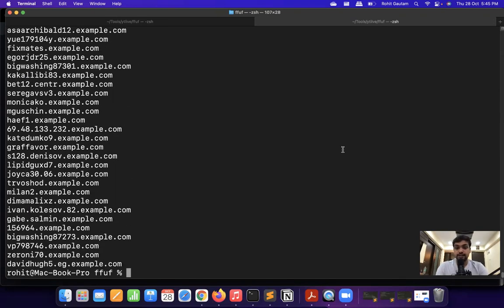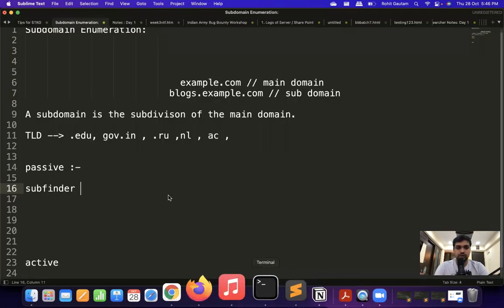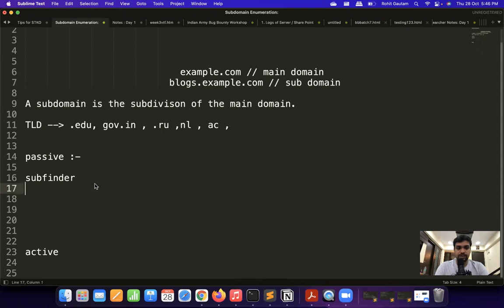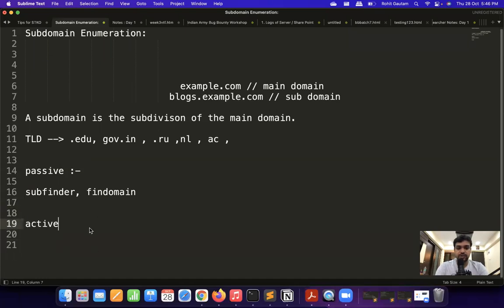So I hope you guys understood what is passive subdomain enumeration, the easiest way to identify subdomains for any target. Now let us quickly jump on to active subdomain enumeration. Let me just write here the tools that we have used so far, which is subfinder and findomain. In case you wish to use any other tools, feel free to use that. Amass is really awesome, or any other tools that you like. This is just an example in which I'm showing you that these are the tools that work in a certain manner and can be utilized.